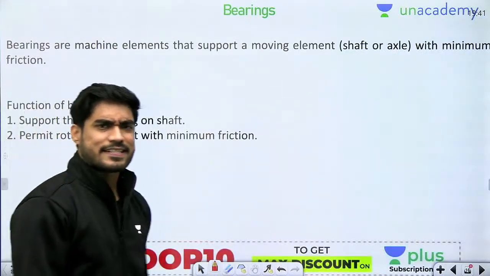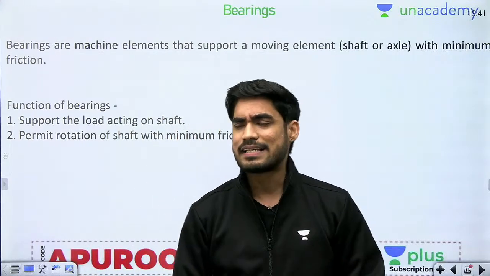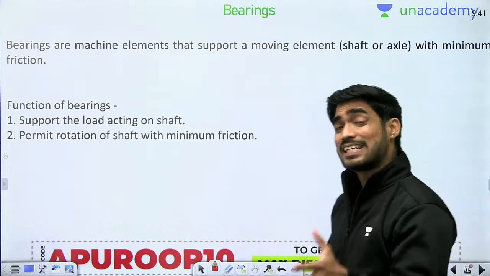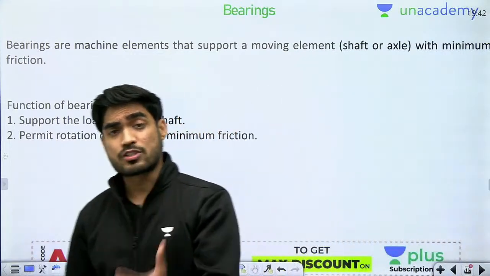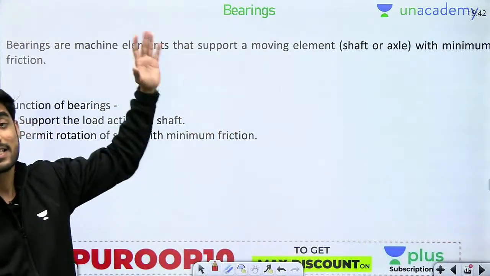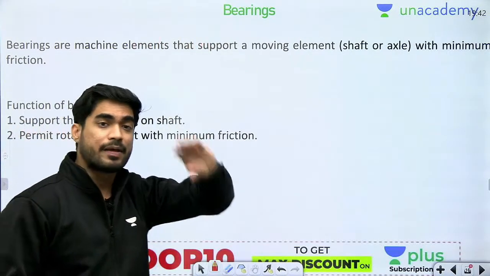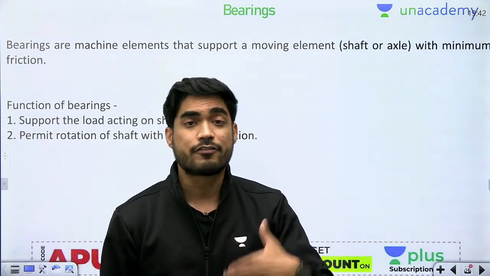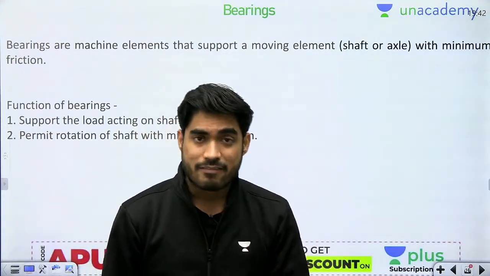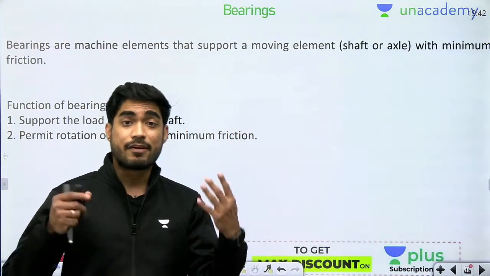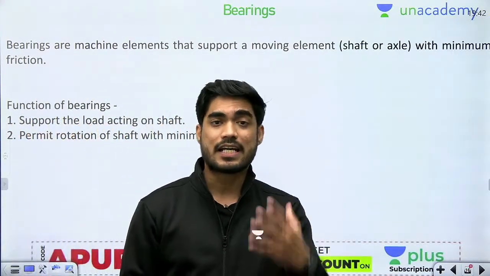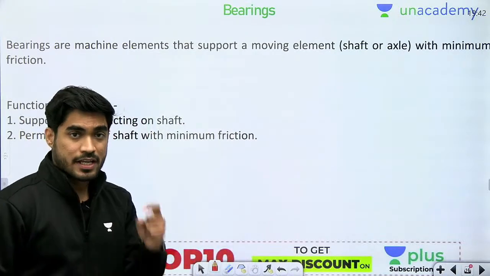Now, yesterday we started design of bearings. कल हमने design of bearings चालू किया था. I told you what are bearings. So bearings are special types of supports in order to support moving elements like shafts, so that there will be minimum friction between them. Otherwise, what will happen? There will be a lot of torque, a loss of power, there will be heat generation, there will be friction loss, there will be wear and tear on the surface of the shaft